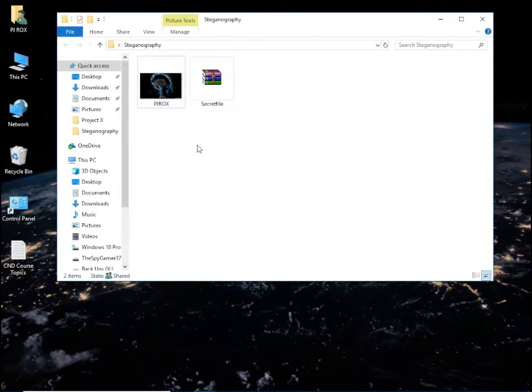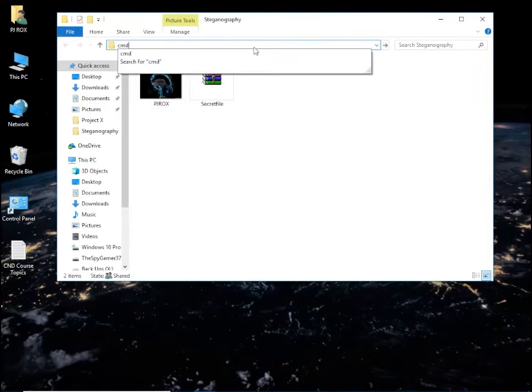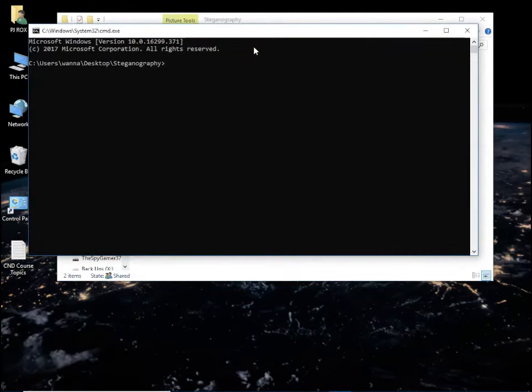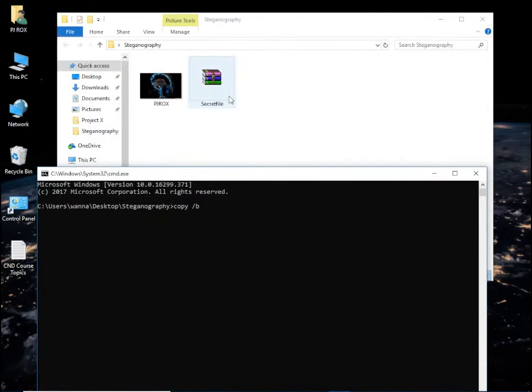So first of all we need to open CMD. Just go to the address bar and type CMD, and this will open CMD directly in that window. Now type this command: copy space /b, and now enter the name of the secret file you want to embed in the image. In my case it is secret file.rar